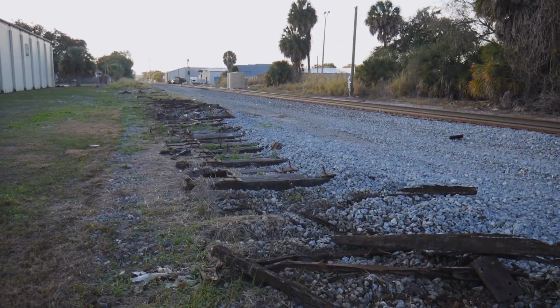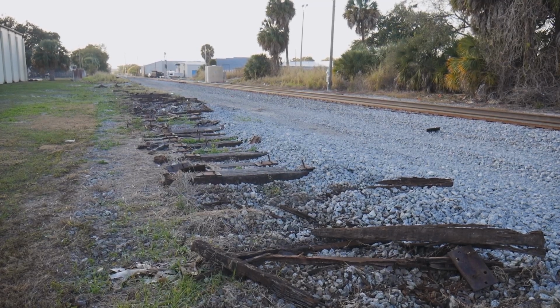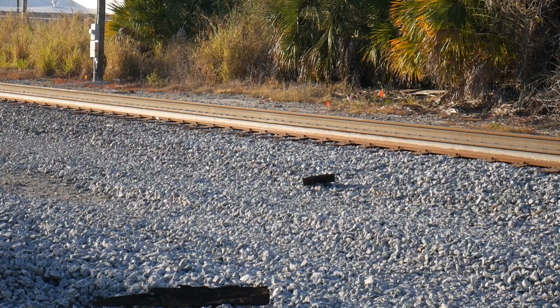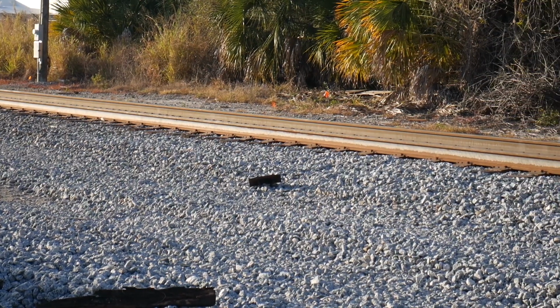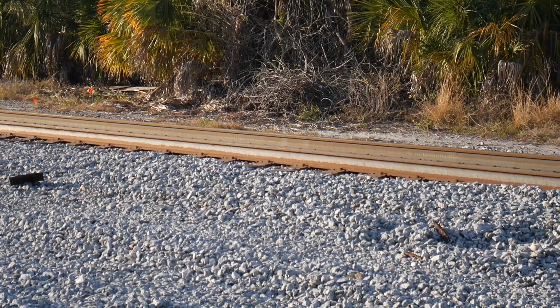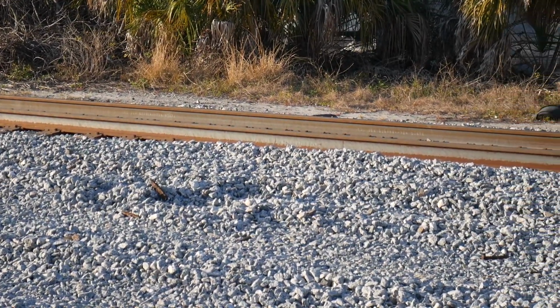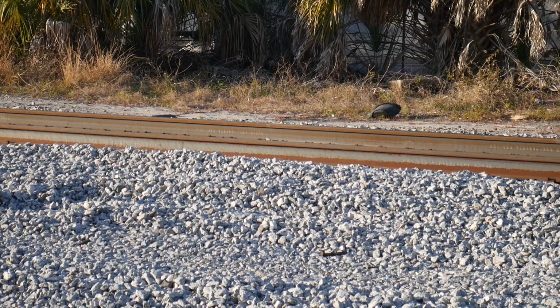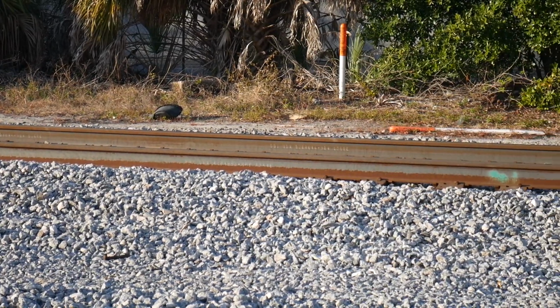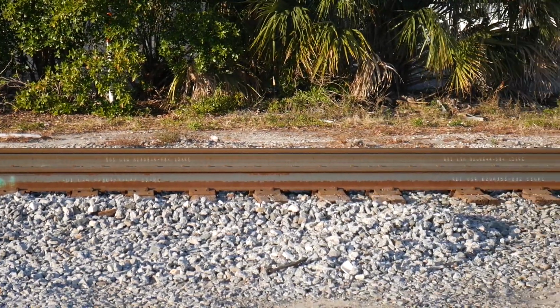But it's still sad to see rails that one time carried the weight of trains being ripped up, never to be used again. The new track parallel to it is still being used, however, with rail tops getting repolished over 5 times a day. This section of track, west of Uceta Yard, was relaid sometime between Thanksgiving and Christmas of 2021. Now, instead of hearing the clickety-clack of jointed rail, trains in Ybor City will now smoothly ride on continuous